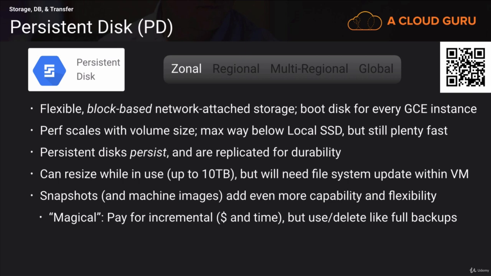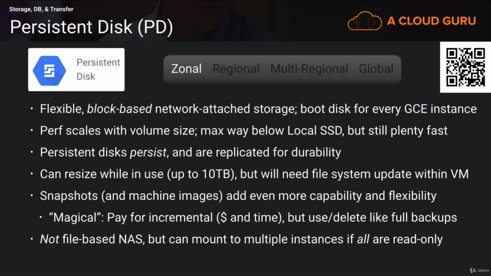Now, even though persistent disks themselves are zonal resources, snapshots are automatically available globally, but you will pay network charges if you read them cross-region, so it's unfortunately not a way to bypass the network egress charges. Now this is not file-based network-attached storage, it's block-based, but you can mount one persistent disk to multiple instances if all of them are mounted read-only. Unfortunately, that means you can't update it while it's in use,